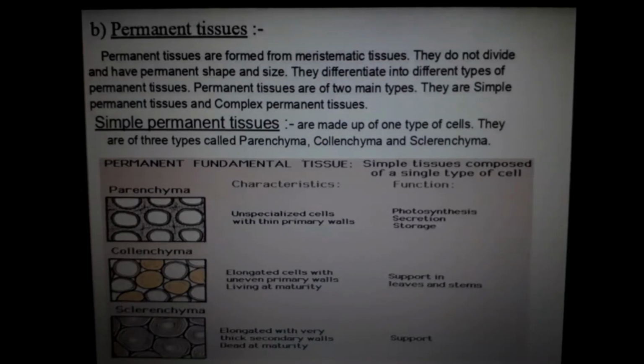In this chapter, that many diagrams are not there. The diagrams which are important, I will give in the notes. That you must study. Mostly diagrams are not there in this chapter. I will check one more time. I think in animal tissue some diagrams are there. But regarding that, there won't be any diagrams in this chapter. Don't get worried by seeing the diagrams in the textbook. It's only for reference. You don't need to study it all. You need to study the working of each and every tissue in plants and animals.